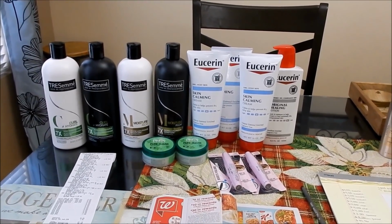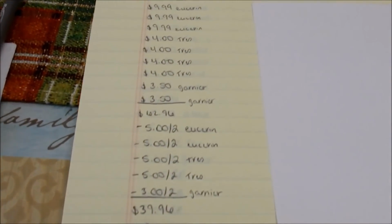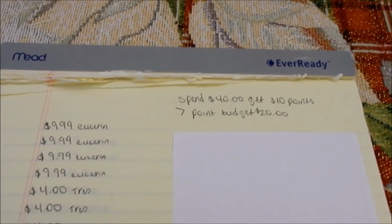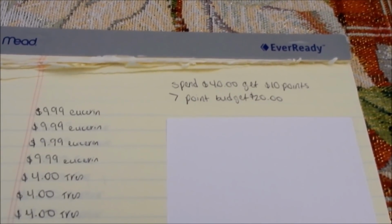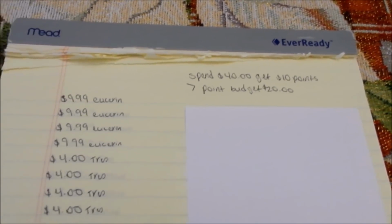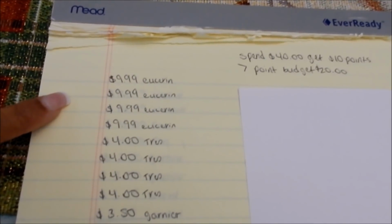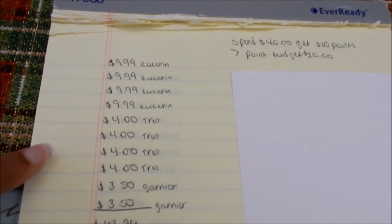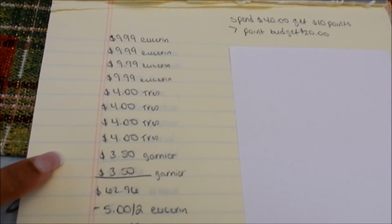So for everything that's on the table here, the total came up to $62.96. So again, we are doing the spend 40, get 10,000 in points. My point budget is $20. That's how much I want to roll in points. So the Eucerin is $9.99. I picked up 4 of those. The Tresemmes are 2 for $8, so $4 each. The Garnier is 2 for $7, so $3.50 each. Total is